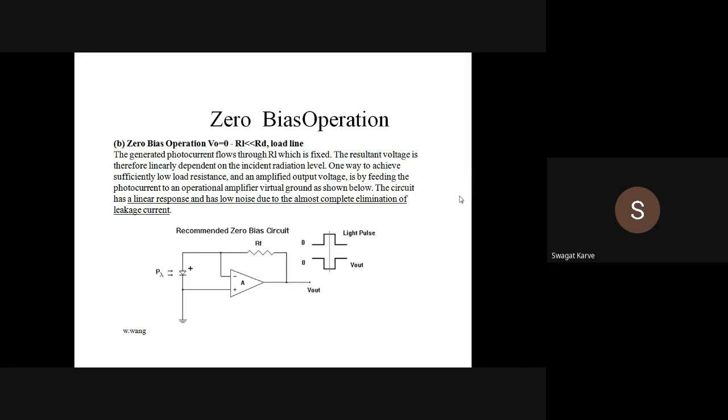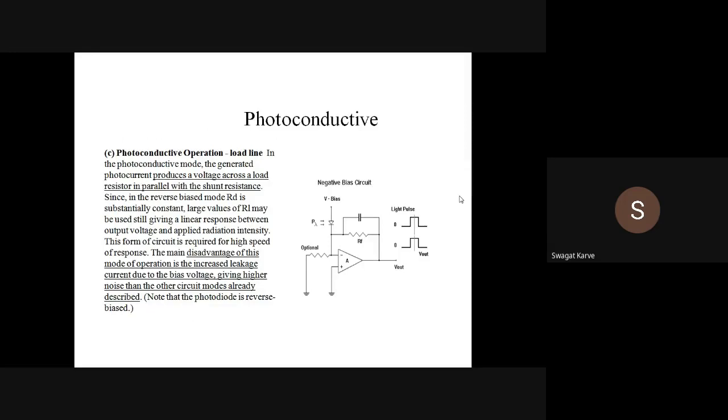Okay, then this is again the third type of photoconductive diode, with some negative bias provided. Okay, why is that bias provided here? To change the phase, because here we are using the op amp as an inverting amplifier, so you will get the reversed phase output. So if you want to change the phase, then you have to go for this extra circuitry, so that you will get the similar phase.